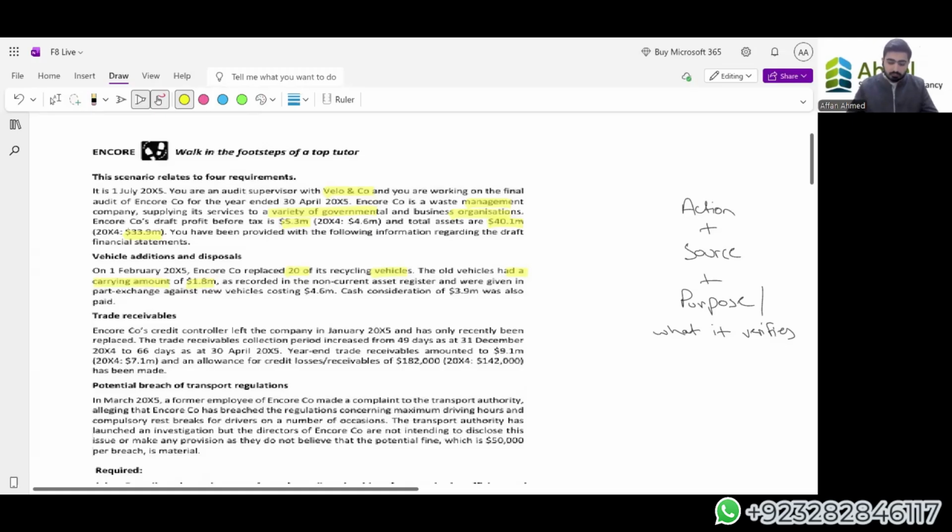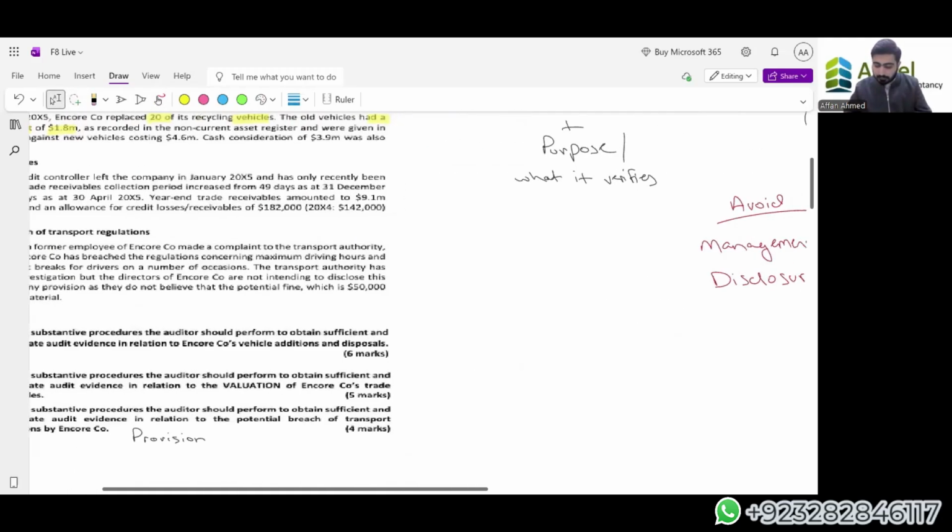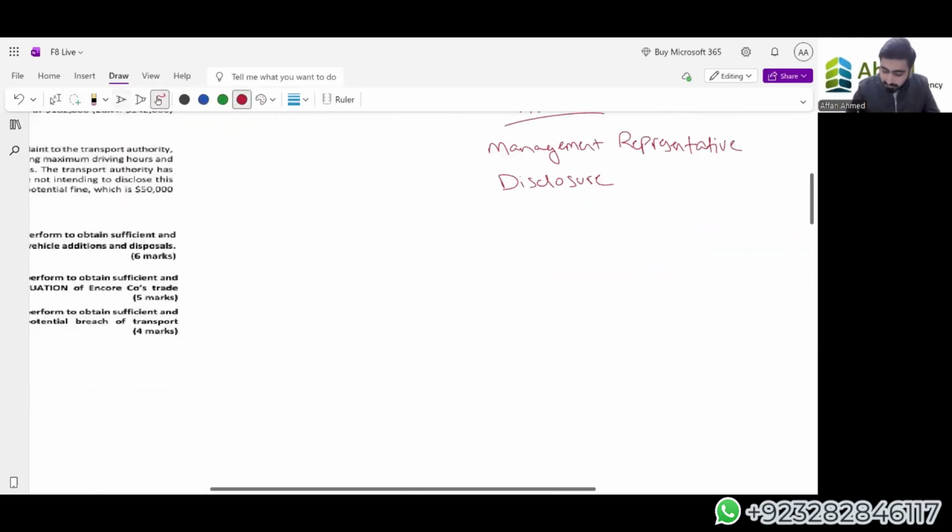How do we get a disposal? Disposal is done through selling an asset. Now, please go for the IFRS or the accounting treatment. What should the accounting treatment be first? If I'm selling something, I will first of all see what the carrying amount is. How do I get a carrying amount? Carrying amount is cost minus accumulated depreciation.